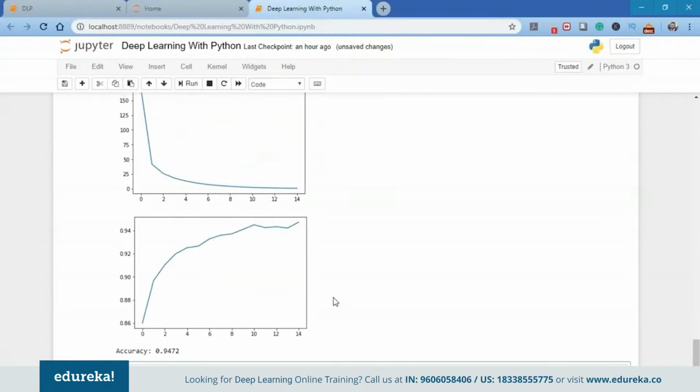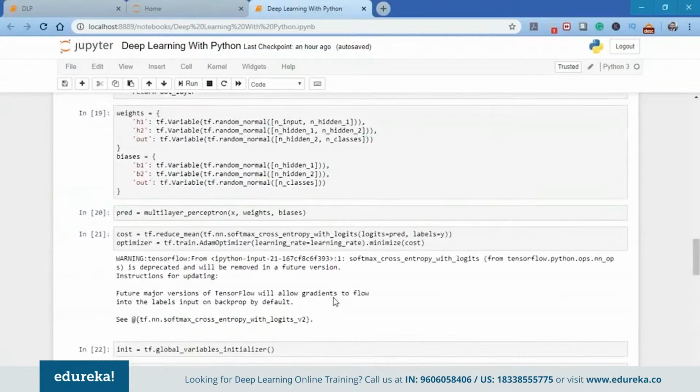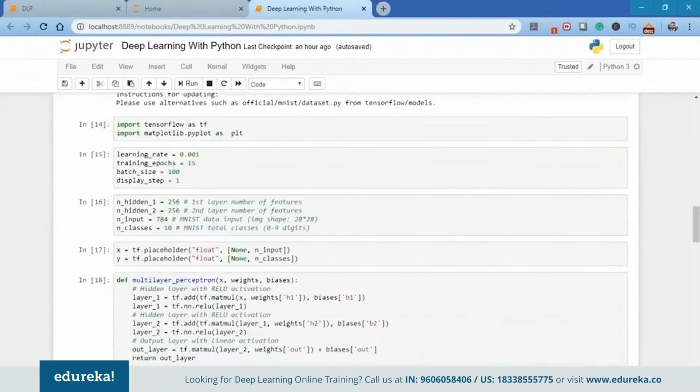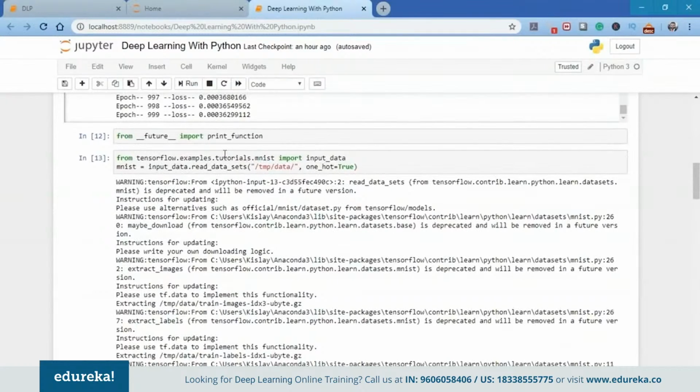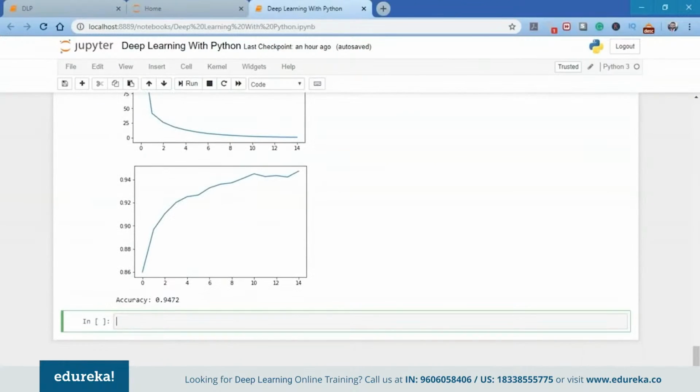So guys, this is it for today's session. I hope you came to know what exactly deep learning is, how artificial intelligence, machine learning, and deep learning are connected in terms of data science, how machine learning is a subset of artificial intelligence and deep learning is a subset of machine learning, and how exactly a perceptron works, the idea behind a neural network mimicking the human brain, how you can create your own perceptron from scratch, and how you can create a neural network from scratch using Python and other deep learning frameworks.